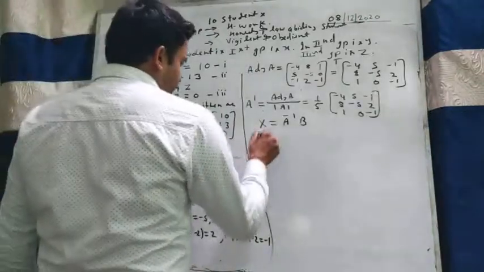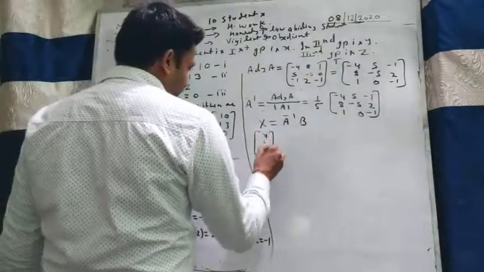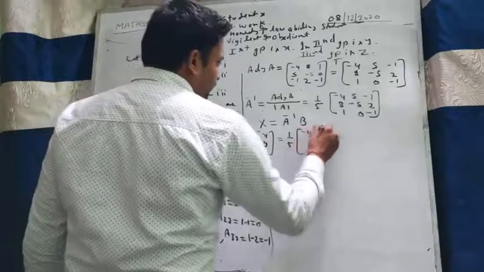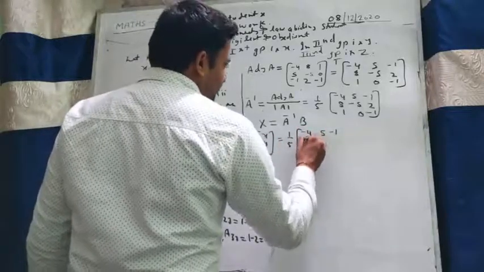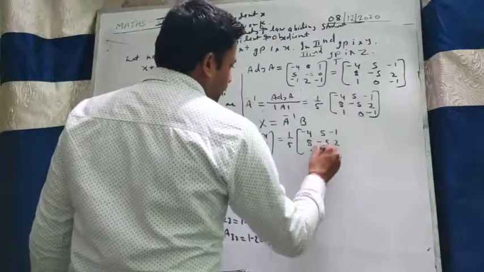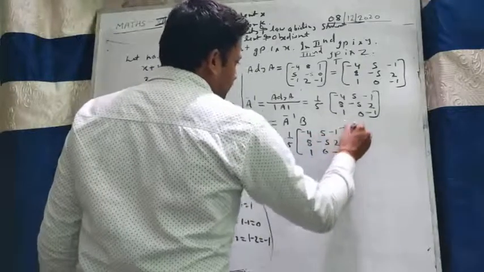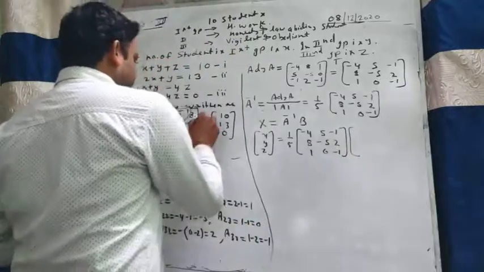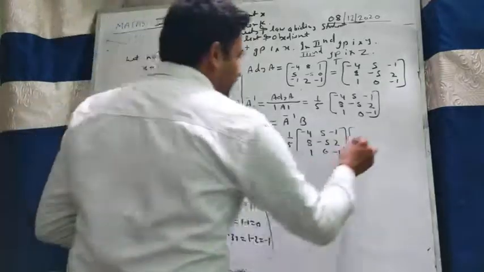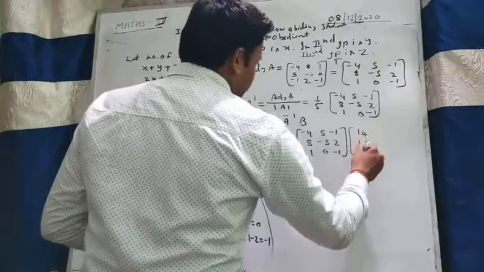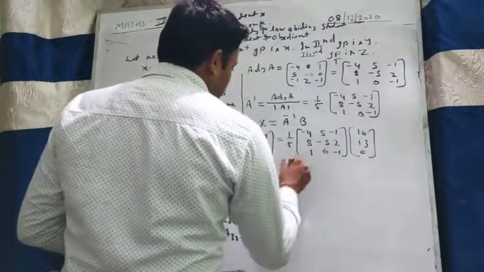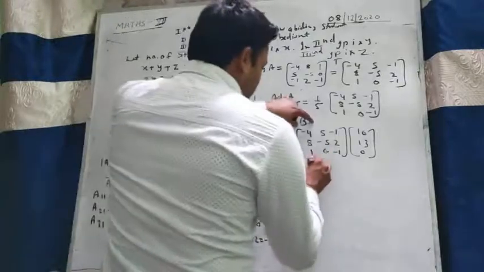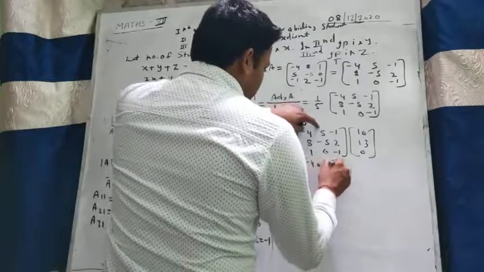Now the value of X is X, Y, Z. And 1 by 5, A inverse is minus 4, 5, minus 1, 8, minus 5, 2, 1, 0, minus 1. And B is 10, 13 and 0. Now we will multiply this and get minus 40 plus